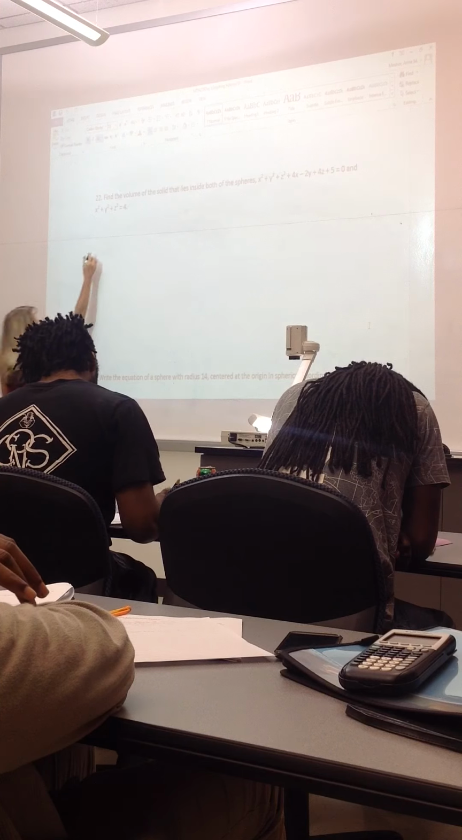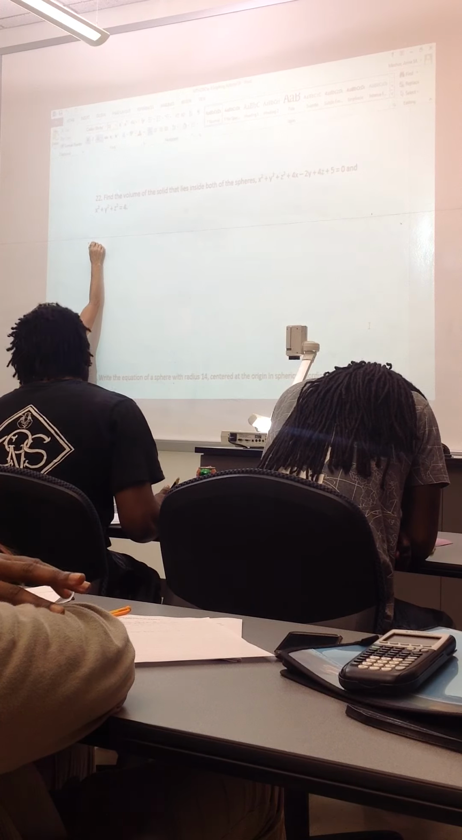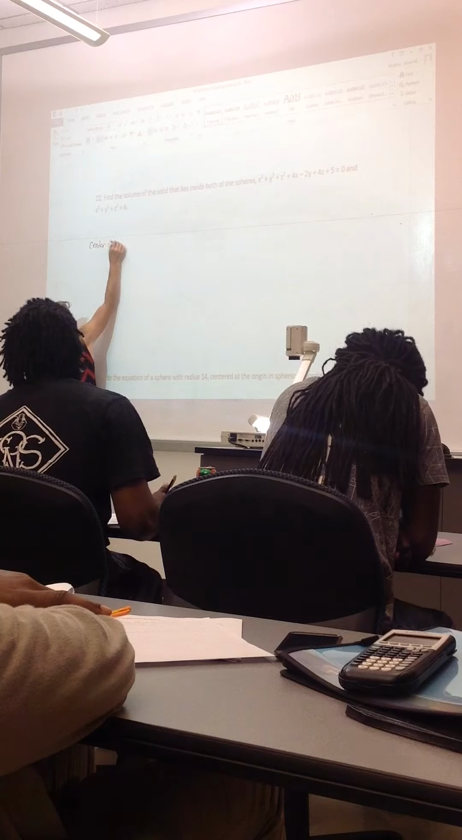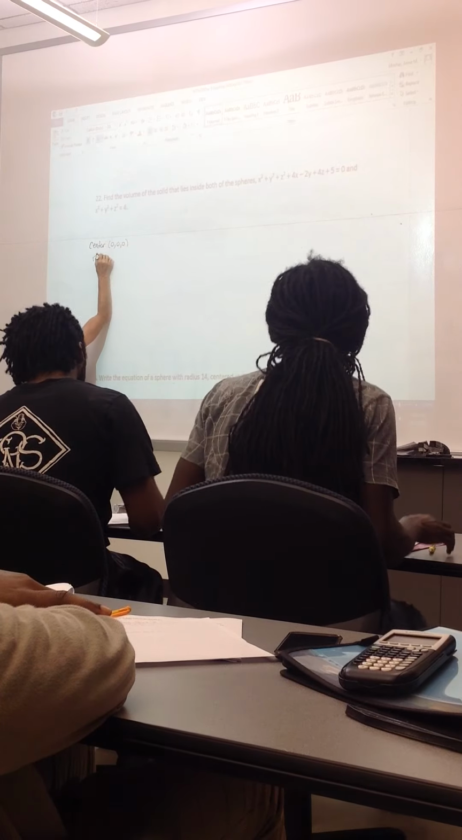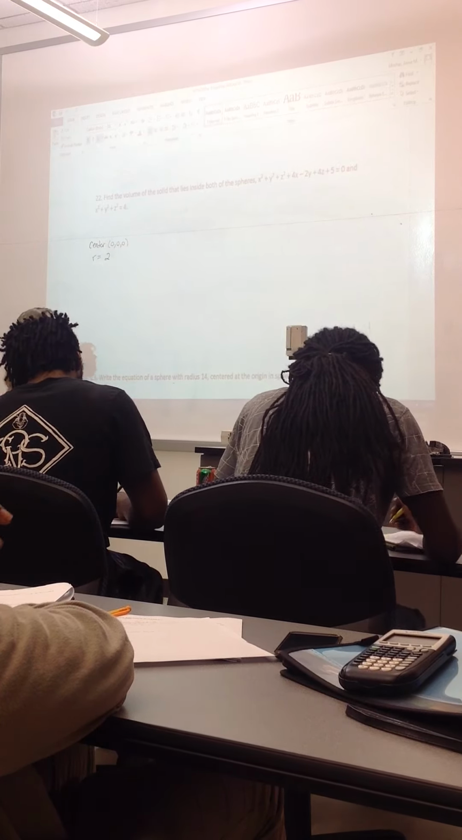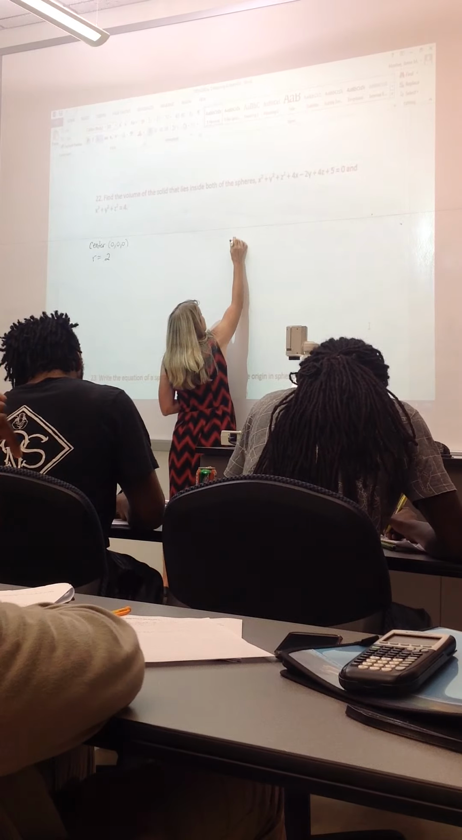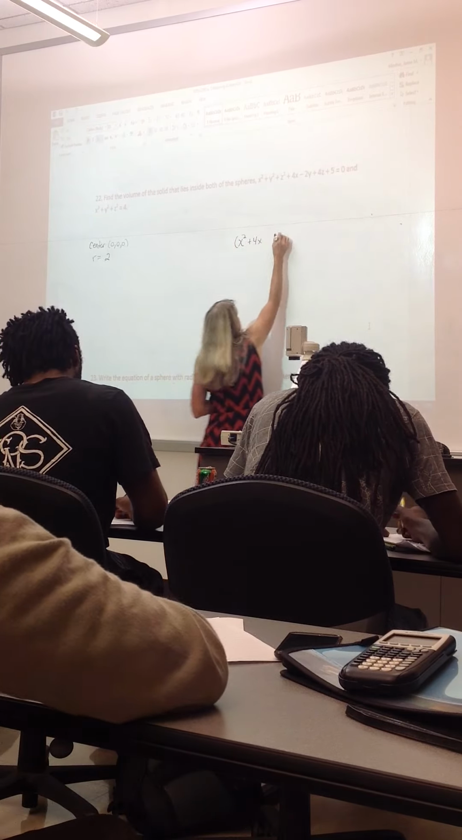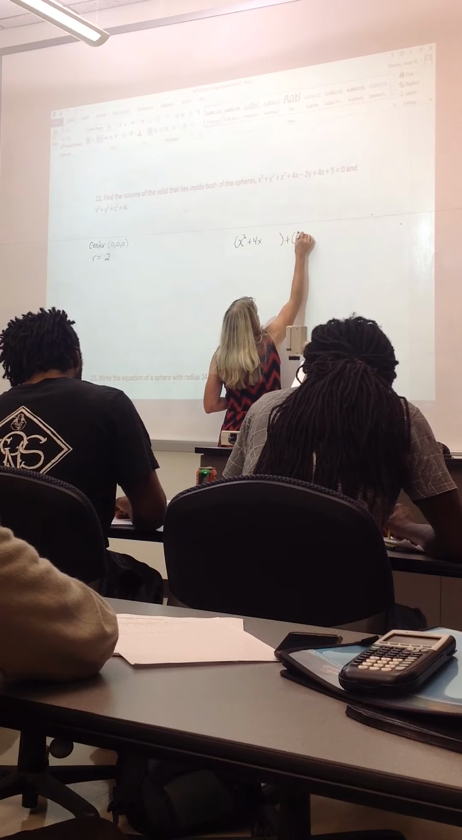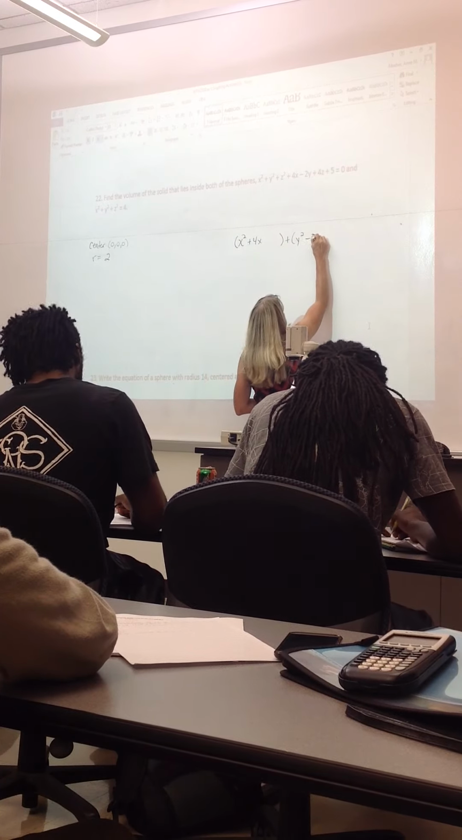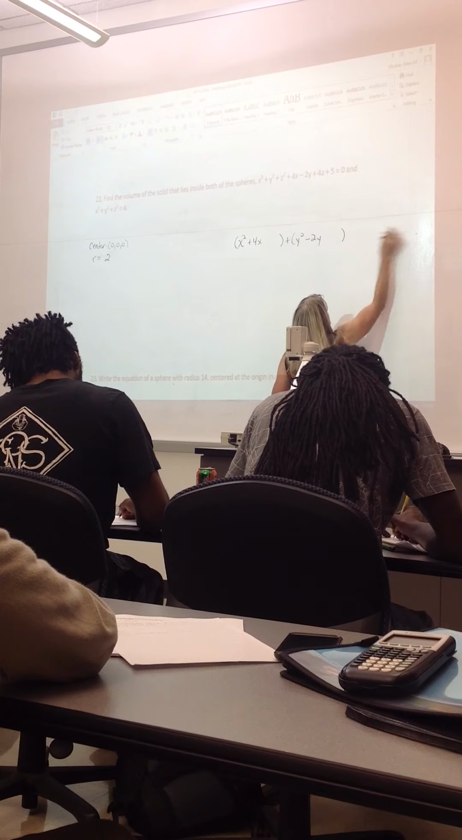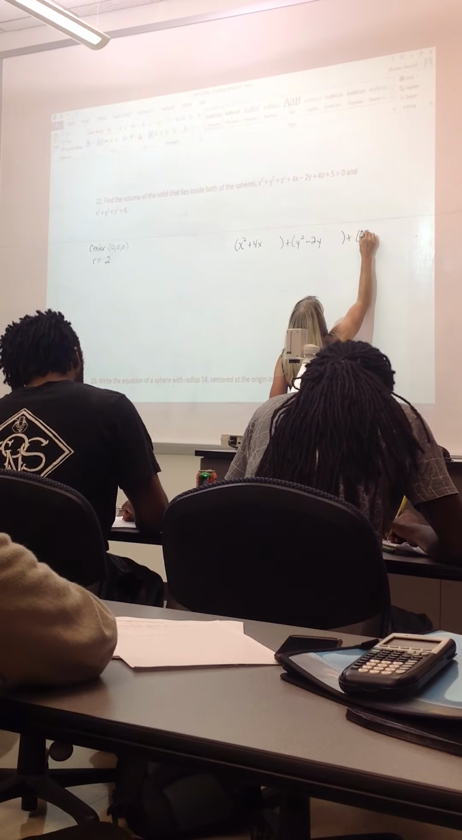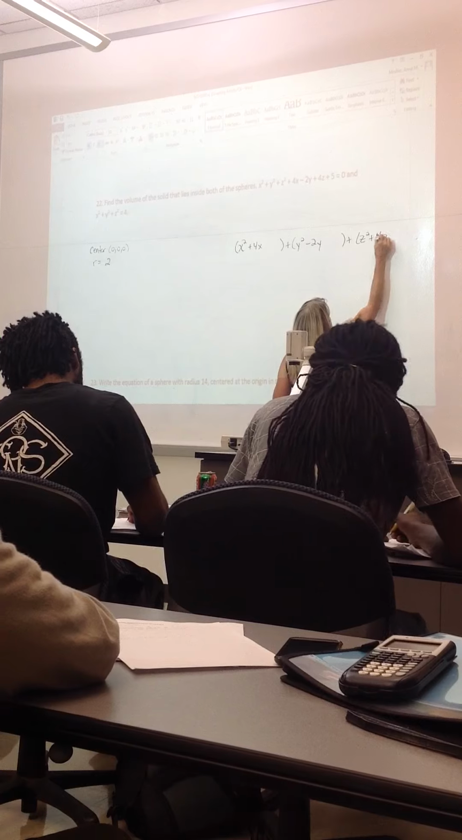This one's easy. What's the center of this one? The origin. And what's the radius of it? 2. Okay. So over here we're going to have to do completing the squares. So x squared plus 4x plus y squared minus 2y plus z squared plus 4z,